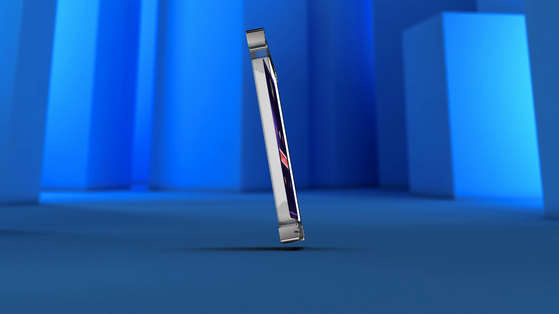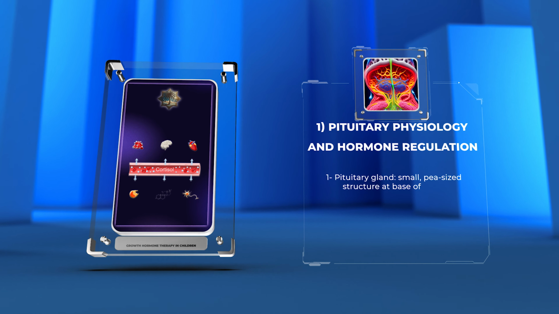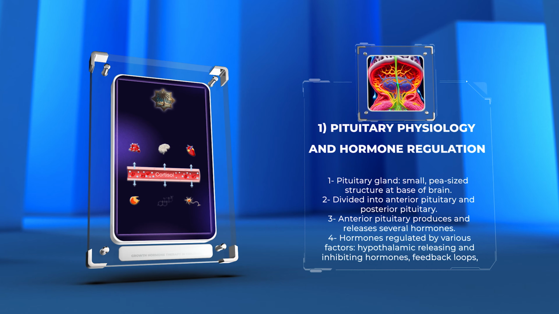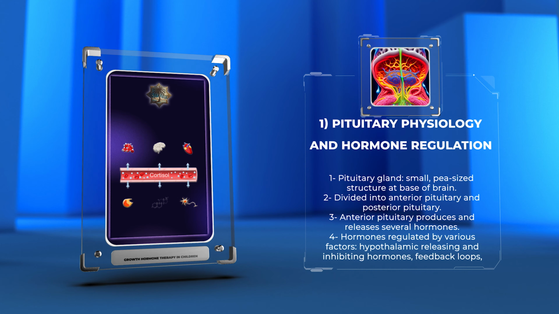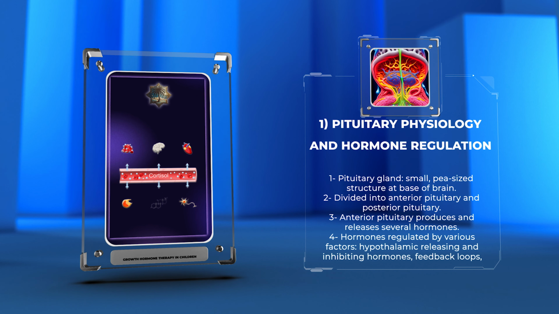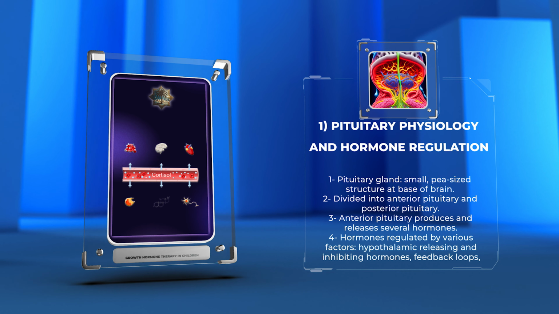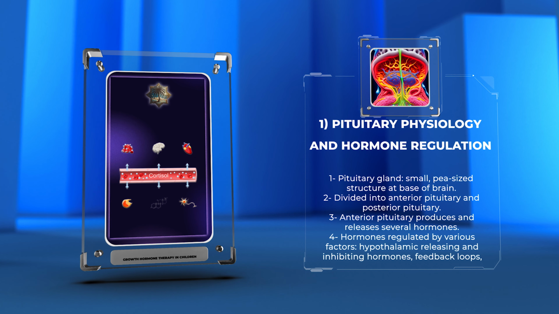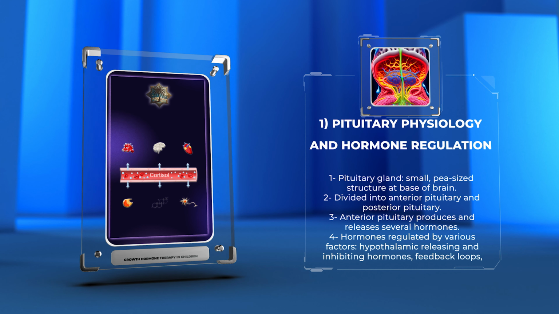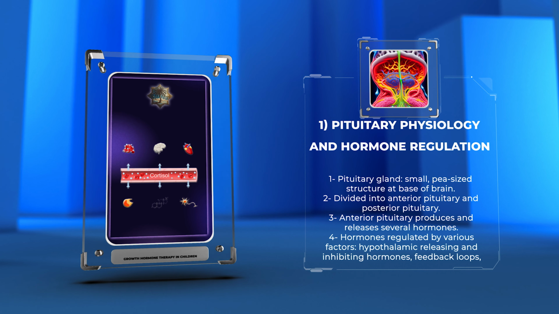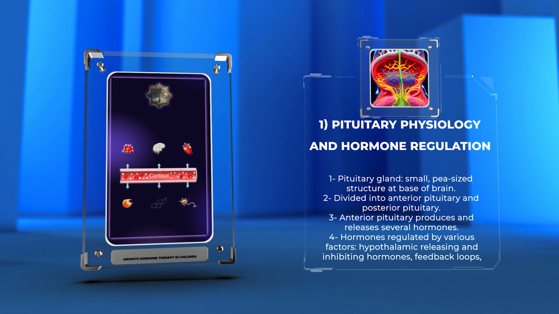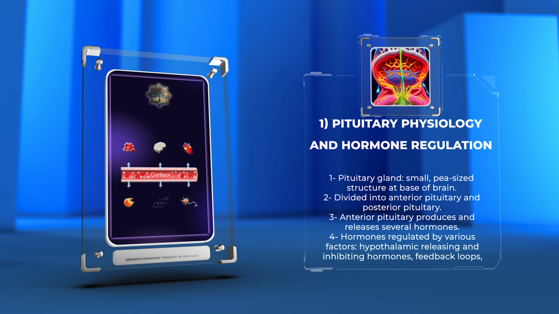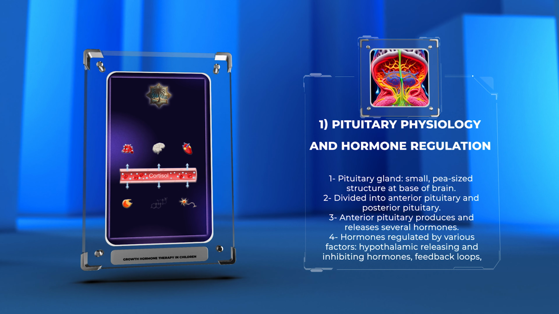The pituitary gland is a small, pea-sized structure located at the base of the brain. It plays a crucial role in the intricate symphony of hormone regulation within our bodies. The gland is divided into two main parts, the anterior pituitary and the posterior pituitary. The anterior pituitary produces and releases several important hormones, including growth hormone, GH, adrenocorticotropic hormone, ACTH, thyroid-stimulating hormone, TSH, gonadotropins, FSH and LH, and prolactin. These hormones are regulated by a variety of factors, such as hypothalamic releasing and inhibiting hormones, feedback loops, and other